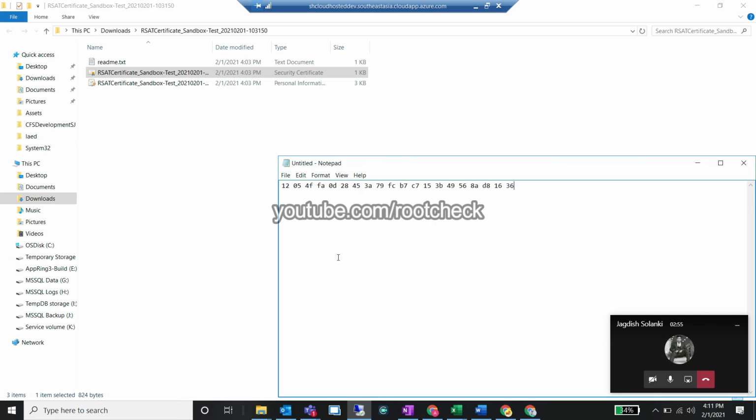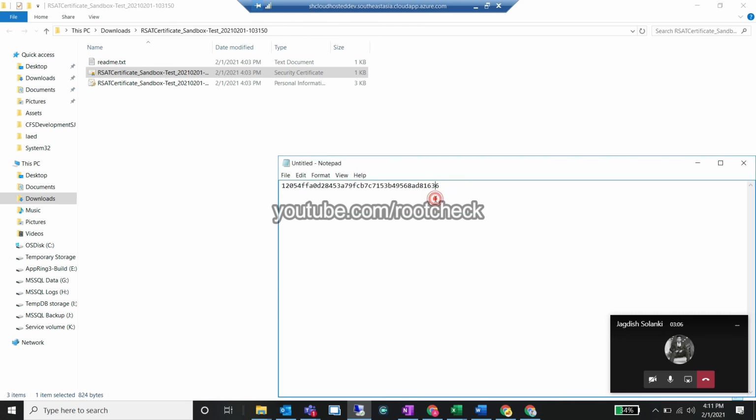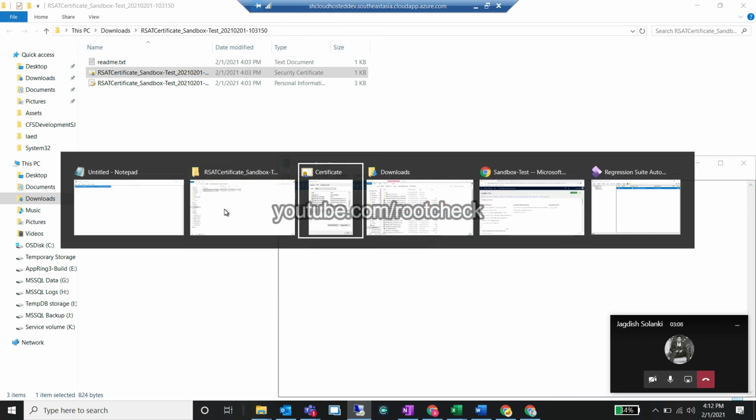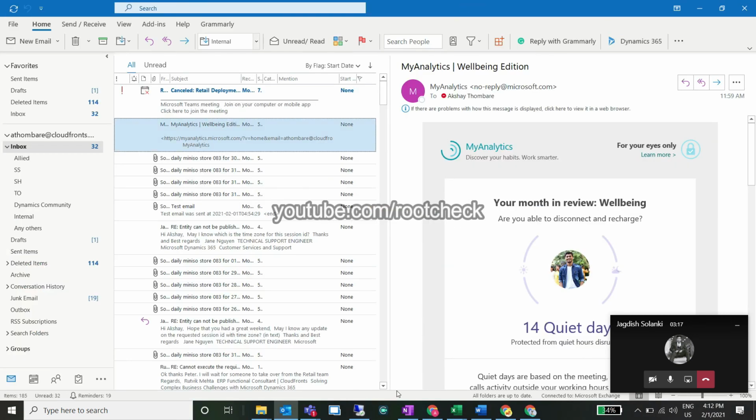Basically, sometimes it is a bit of a headache. When you remove the spaces from this thumbprint and copy it to the RSET tool, it says invalid thumbprint. In that case, you need to perform some steps.